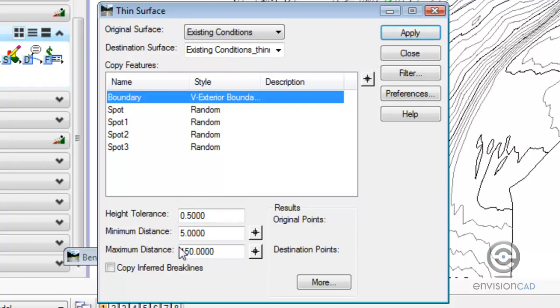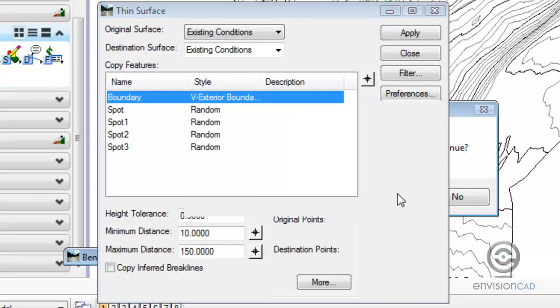And down in the lower part of the dialog box, we can select the criteria. So in this case, we can say if there's a point that's no more than half a foot delta elevation from the next adjoining point, or the adjoining point formed by a triangle leg, we want it discarded. Same thing, if there's points within, let's say, 10 feet of each other, we don't want anything any denser than 10 feet. And we also want 150 feet to define the maximum distance between points so we don't over thin it. So I'm just going to simply hit apply, create the new surface,